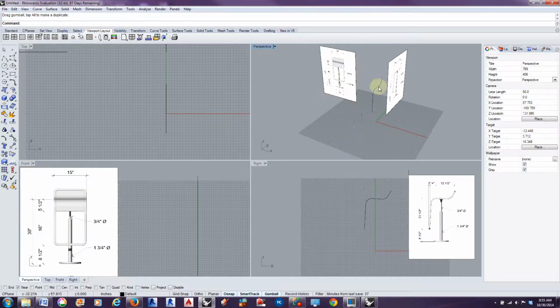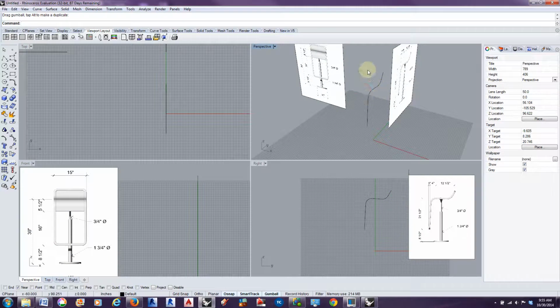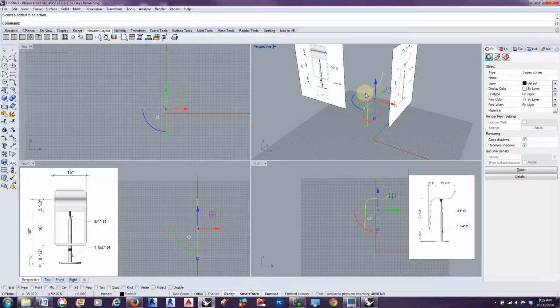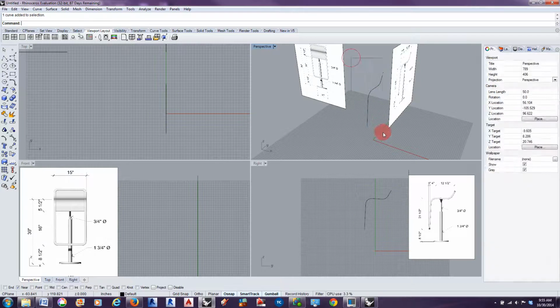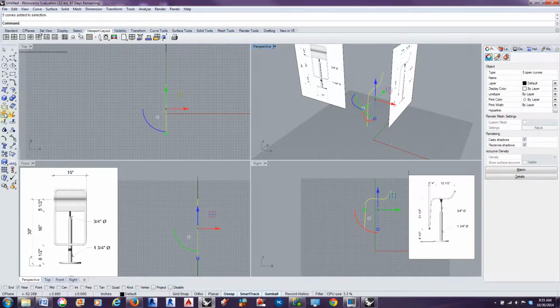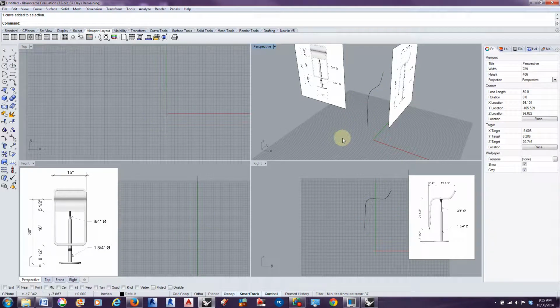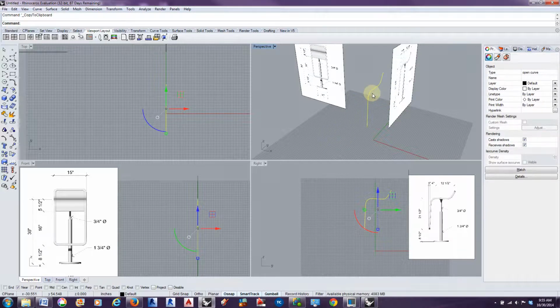So we can go ahead and select our lines here and join them together so that they're all one line, and can select them and Control C, Control V to copy,